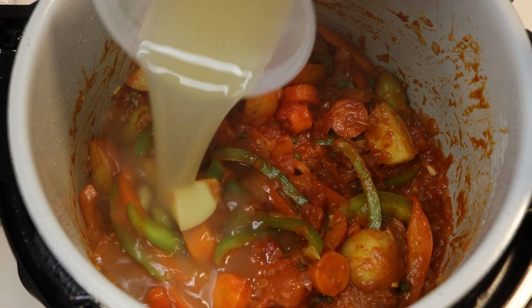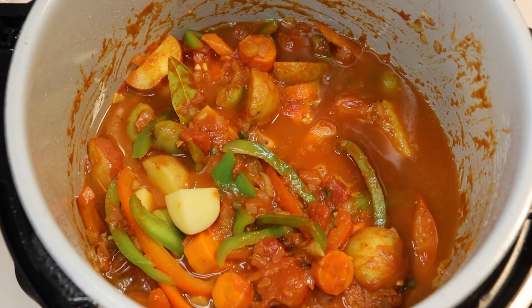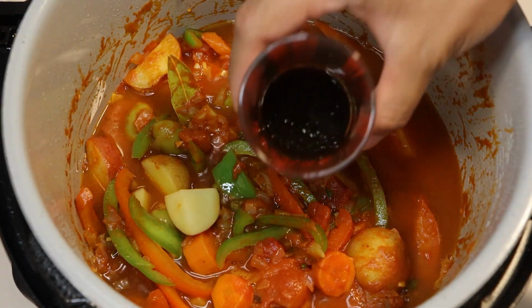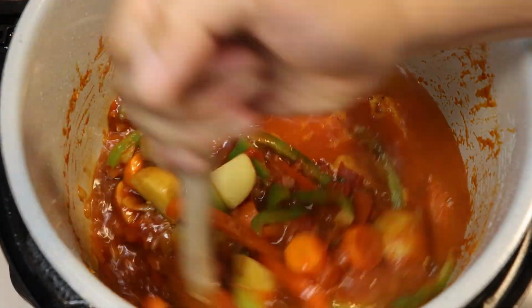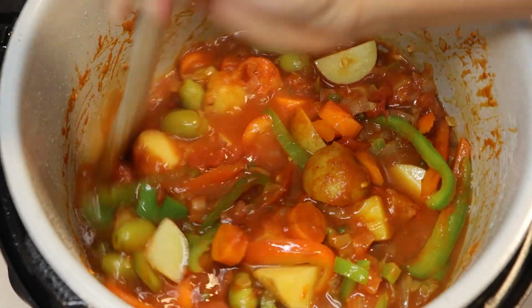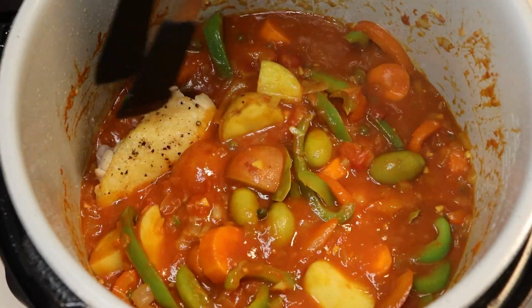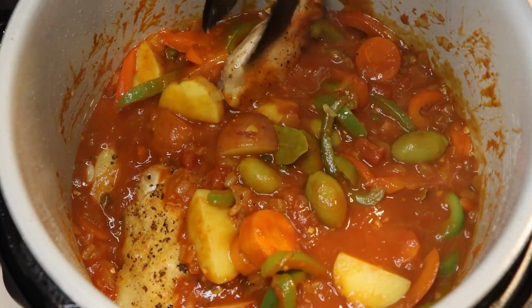Pour in 1 cup or 240 milliliters of organic chicken broth, 1.5 tablespoons or 22.5 milliliters of fish sauce, and 2 tablespoons or 30 milliliters of coconut aminos. Give everything a good stir to combine, letting the ingredients get to know each other. Finally, nestle the brown chicken thighs back into the pot, ensuring they are coated with the sauce and nestled amongst